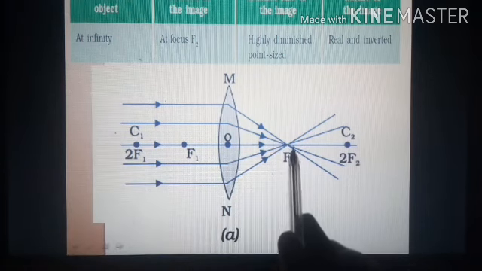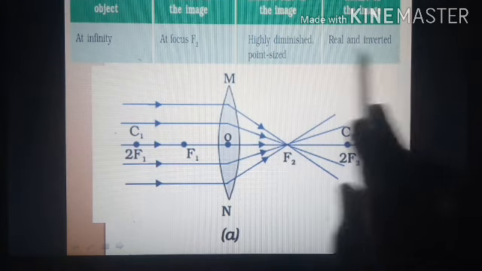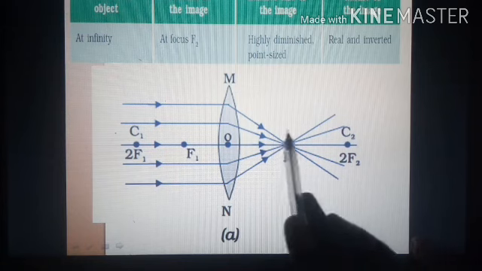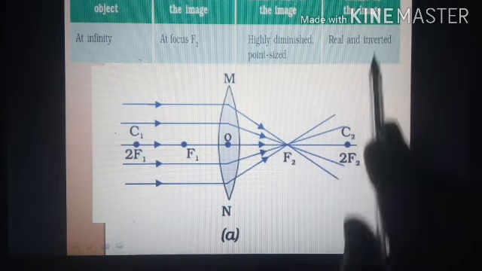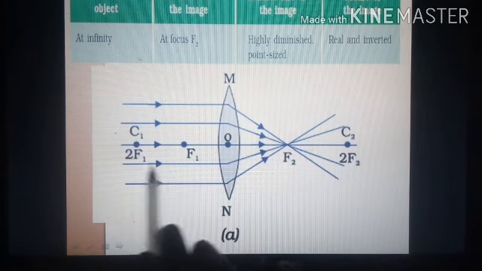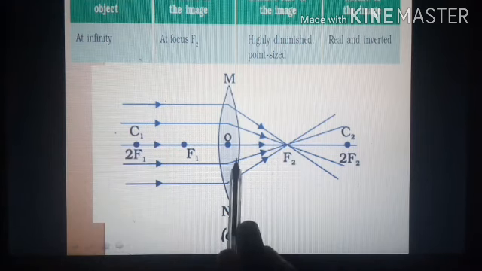This image will be point sized, that is, highly diminished and point sized. It is a real and inverted image. Real means we can view the image on the screen, and it will be inverted. So this is the nature of the image. Here O is the optical center, F1 the principal focus, and 2F1 is called the center of curvature. So this is the first ray. The second ray,